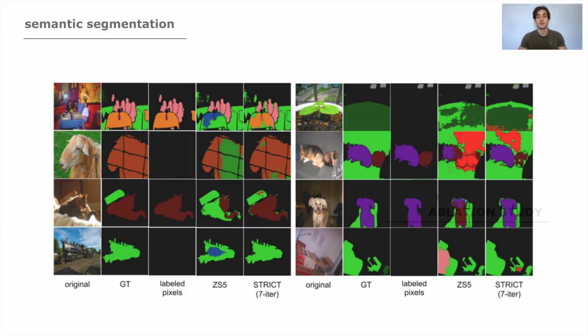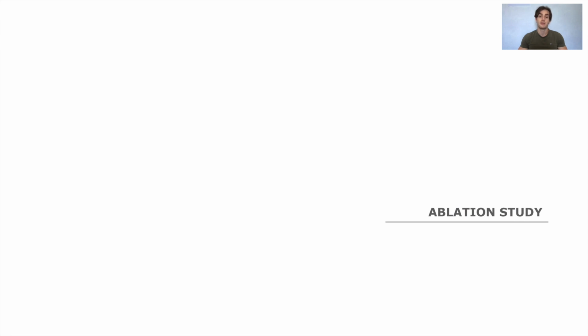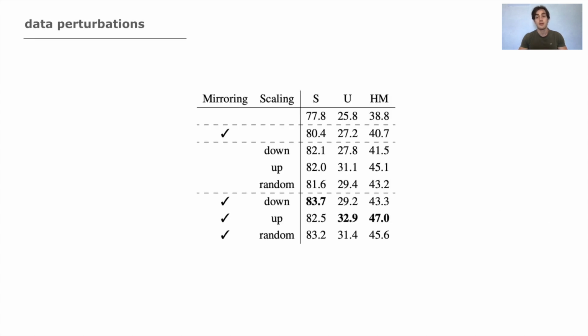We performed an ablation study to further analyze the type of transformation applied for the consistency constraints and the number of self-training iterations on the Pascal VOC 12 dataset. Basically, we focus on two kinds of transformation, mirroring and three variants of multiscaling: down, up and random scaling. This is because we want them to be simple and invertible to keep the pixel matching among the transformations. According to the results shown in the table in this slide, we choose the combination of mirroring and upscaling for our final method.